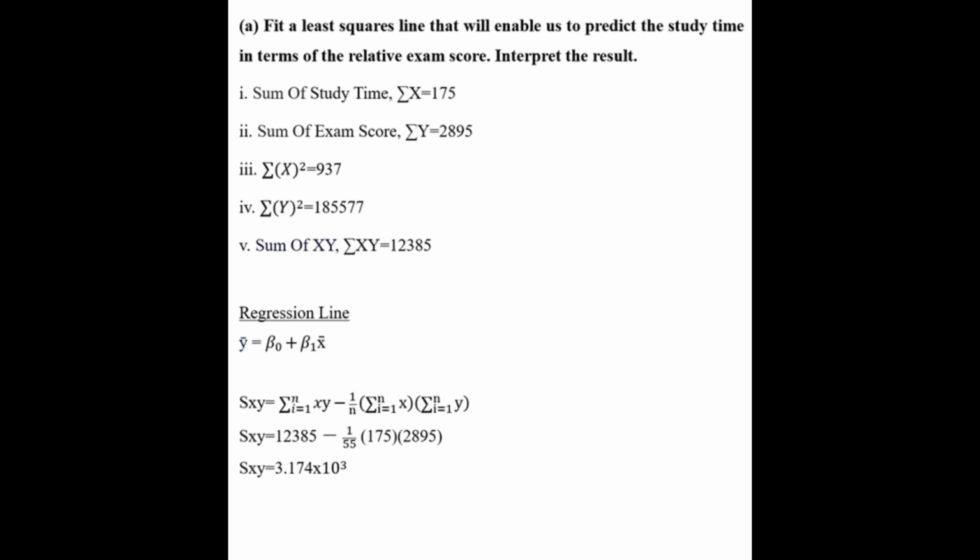First, sum up all study times and get 175. Besides, sum up all the exam scores and the answer is 2,895. Third and fourth, square the study times and exam scores, X and Y, and the answers are 937 and 185577. Last, sum up X times Y, which totals 12385. Using the formulas as shown to calculate SXY and SXX, we get the answers 3.174 multiplied by 10 to the power of 3,